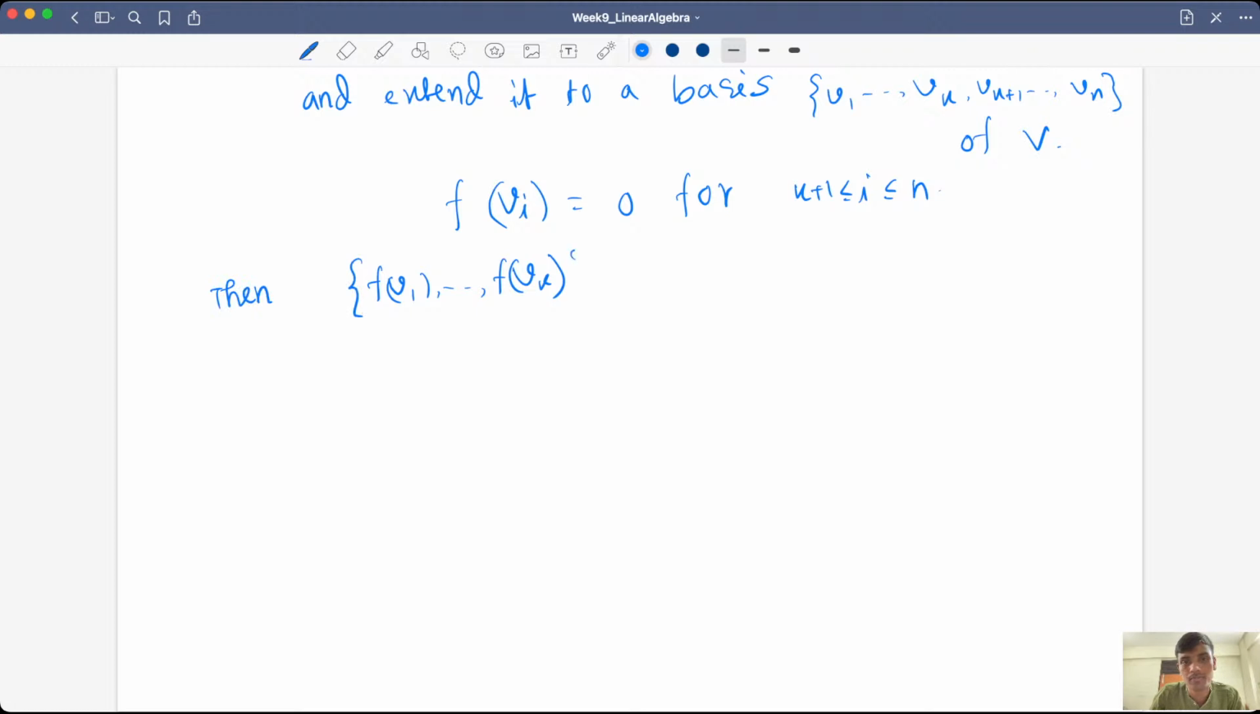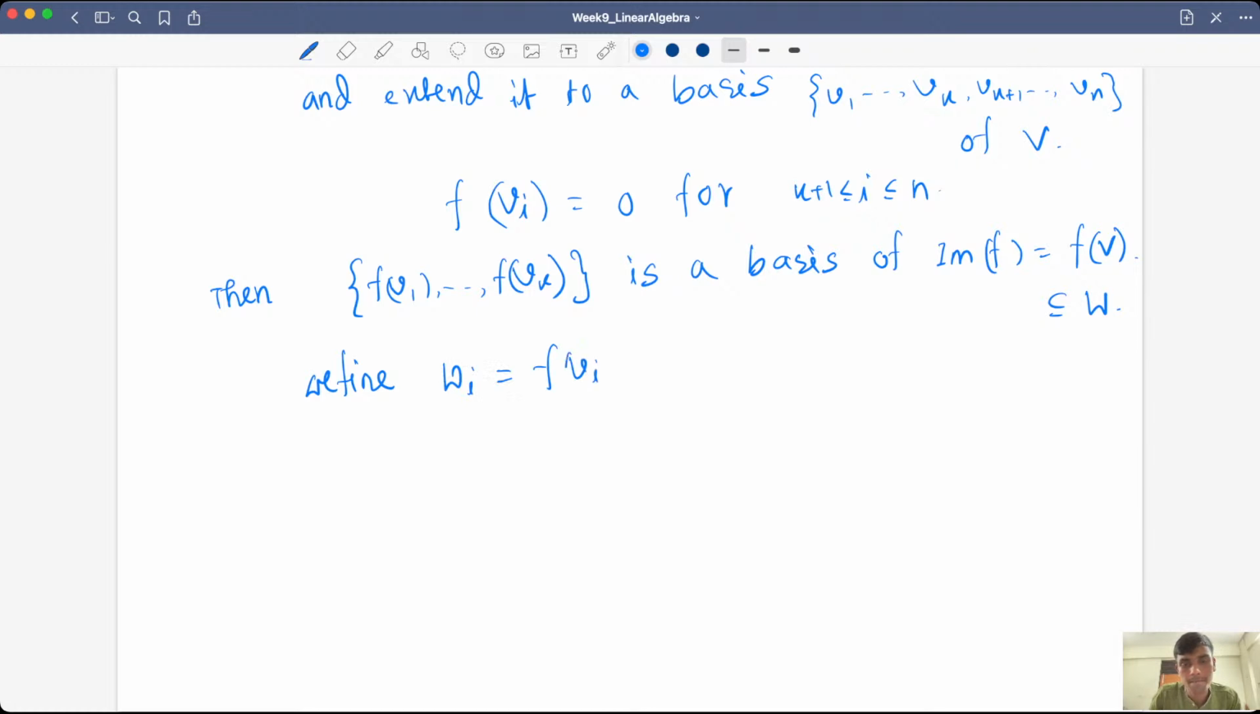Then it's a basis of image of f, or f of v if you want, that means f of the whole space, image space. So this is a basis of this, and this is a subspace of w, so I can again extend this to a basis of w. So define wi equal to f of vi for 1 less equal to i less equal to k,